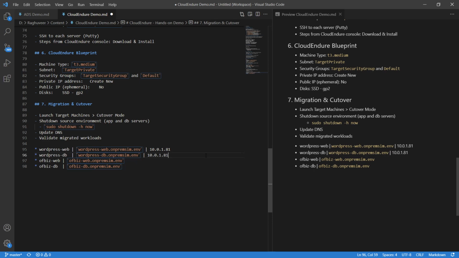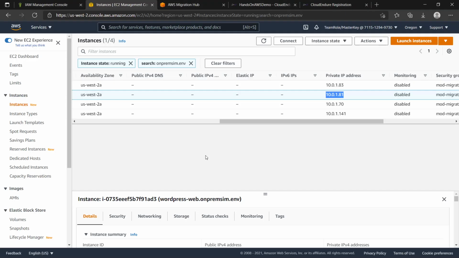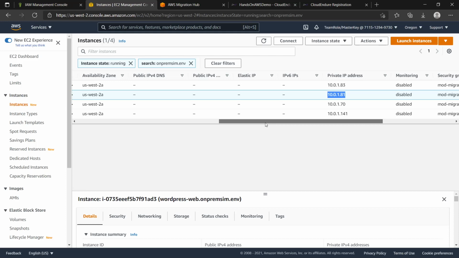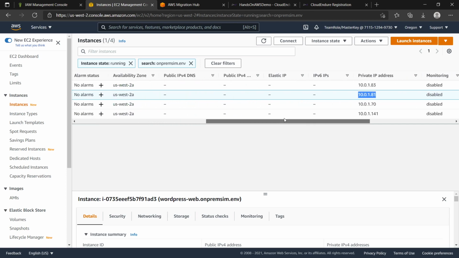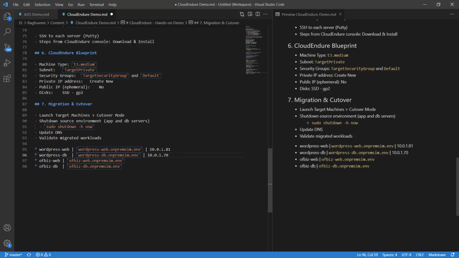All right, 70 for the DB, yep. And then you have Web and DB for the Offbiz servers, which is 83 and 141.